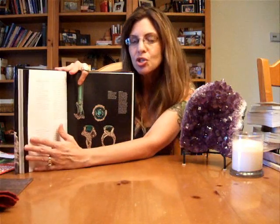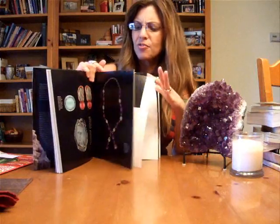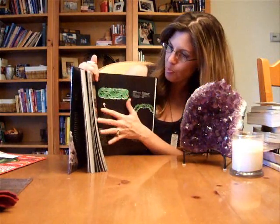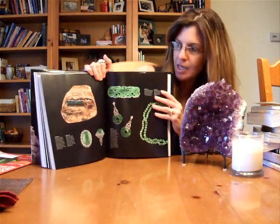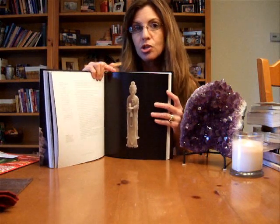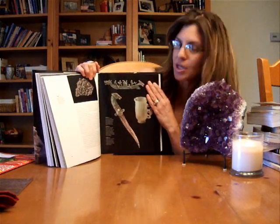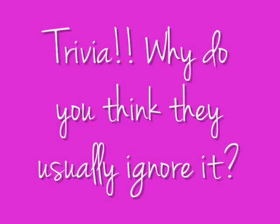But the information in this book was amazing. For that alone, it teaches you a lot about the minerals. Yes, they have pictures in here, famous jewels and stuff like that, which could just bore me, but it's not for the pictures that I think this book is great. It's for the information. You read this, you're going to know so much about that particular mineral. A lot of interesting information, and you're going to learn a lot of scientific information also. So I highly recommend this book. It even has moldavite in it, and a lot of times the geology books ignore moldavite because it's actually